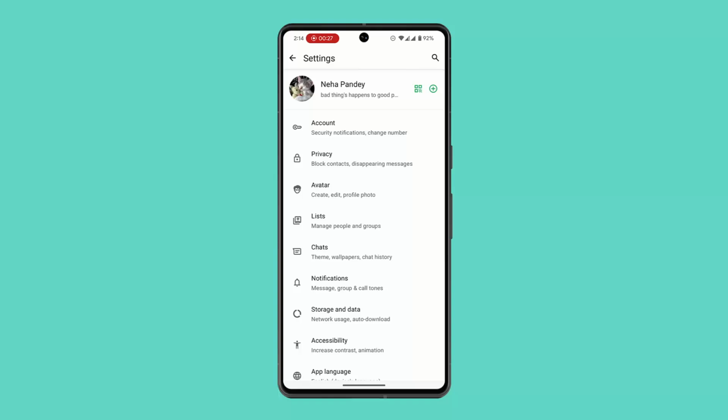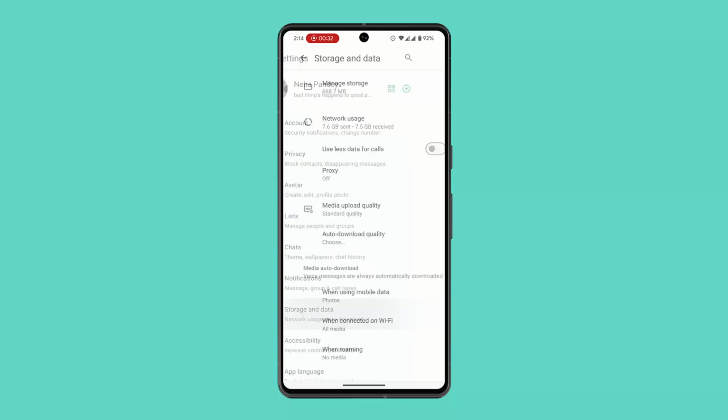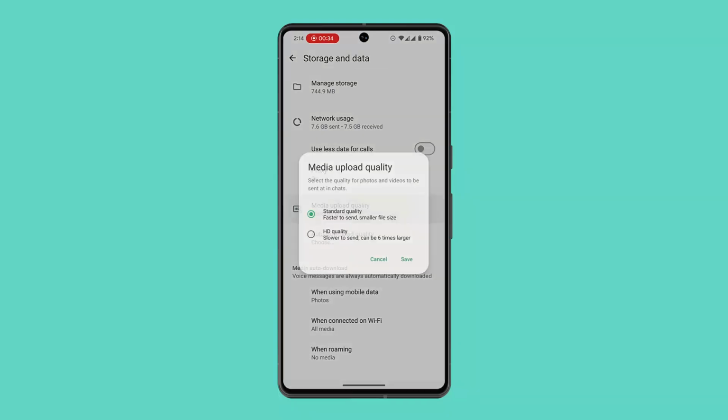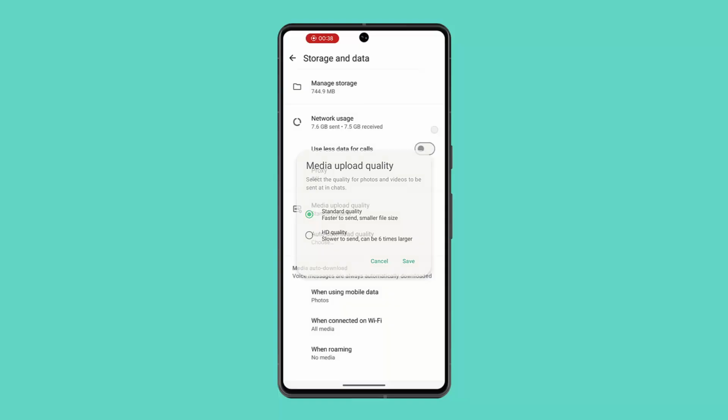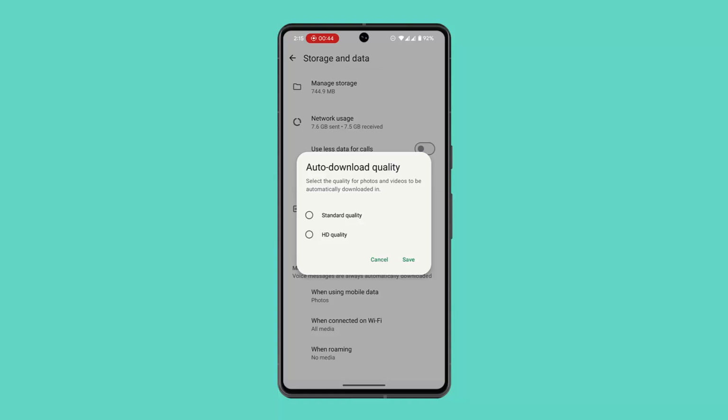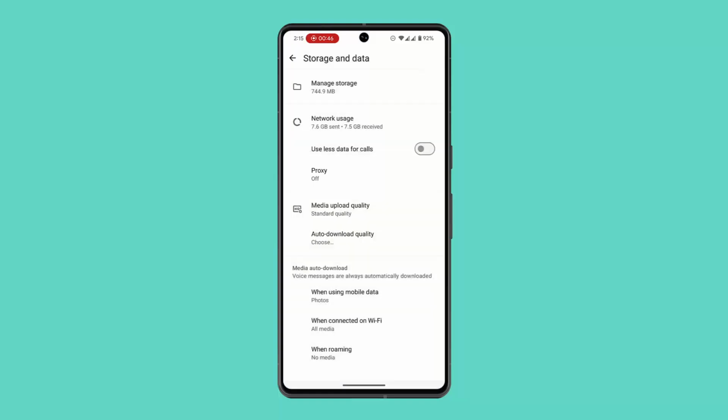When you are taken to the settings page, you simply want to go to storage and data and locate media upload quality. Here on this media auto download, you could find these auto download options, so make sure to turn it off, and that should help you turn off auto download